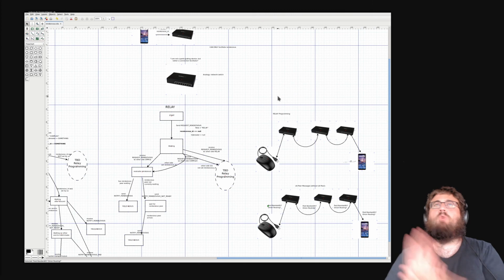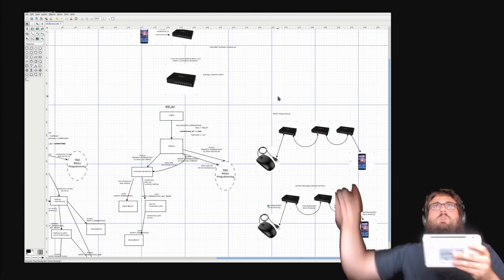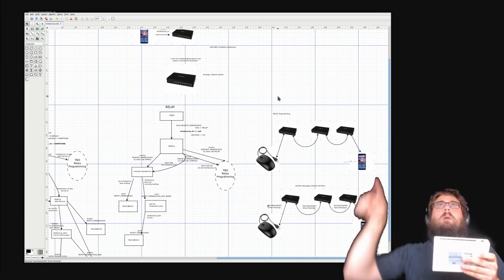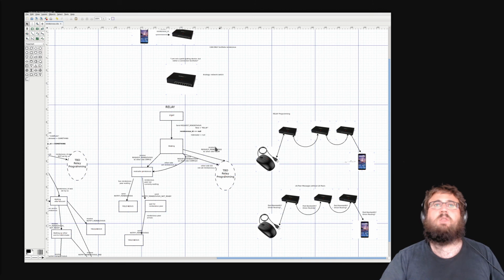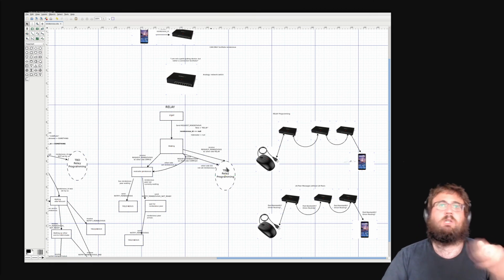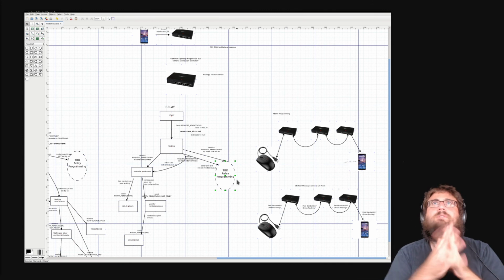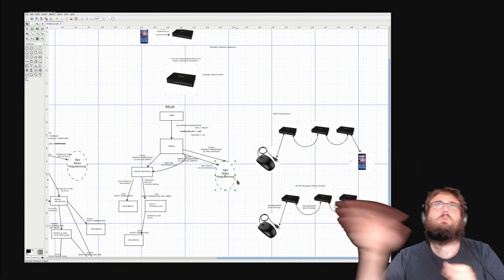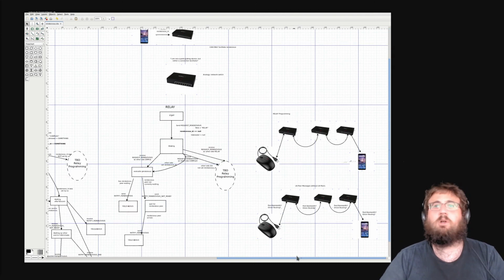But the idea is that you might want to chain. You might want to have relays talk to other relays in the same way that you have a switch, where you can just daisy chain a bunch of switches and they figure out how to route from one end through the intermediaries to the other end. So I'm thinking about that, and right now, because this is getting pretty complex, I want to get everything else implemented before I worry too much about that. So I'm leaving that as a gap in the state machine. In the meantime, I'll just error out there, but I am thinking about it, and I think it is very important. It's too big of a problem to really worry about from the current vantage point anyway.